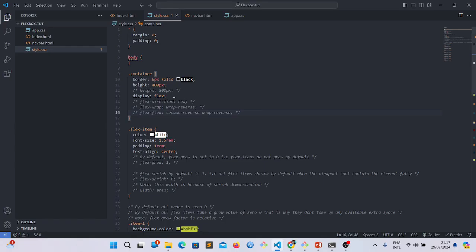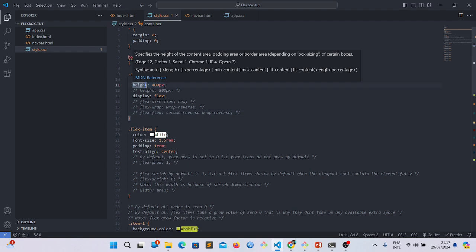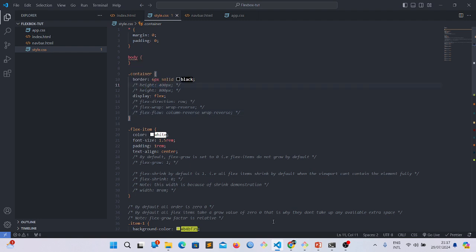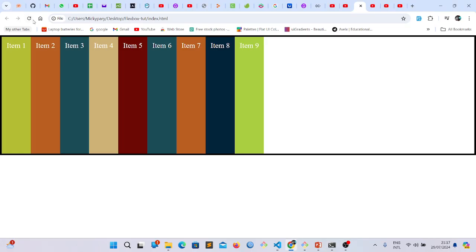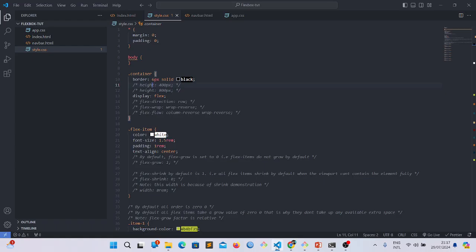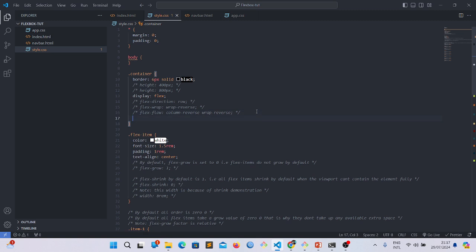Guys, let me also comment out the height and let it just take the full height of the page. But in this case, because I've set my display to flex, it has changed the display of these from each of them being block and staying on different lines, to all of them stacking side by side. So now I'm going to use what we call the